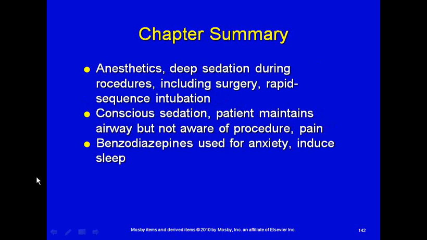Anesthetics are used for deep sedation procedures, including surgery, but we use etomidate, which is considered an anesthetic, and ketamine, which is considered an anesthetic, when we do rapid sequence intubation. Conscious sedation is something that we will be part of in the hospital as well as in patients that we're caring for. Conscious sedation is something that we might use